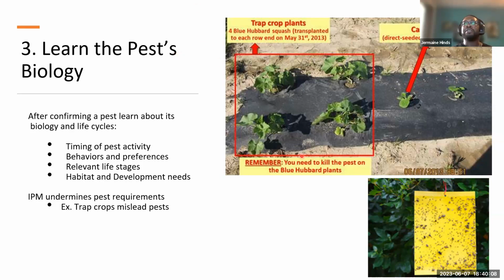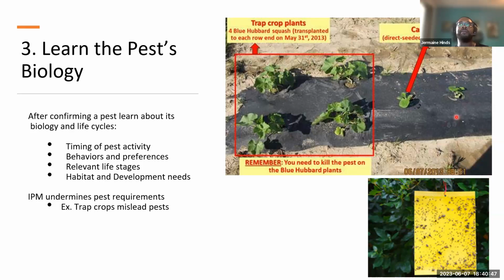And so one of the things I want to show is the example of trap cropping, right? And so over here, you have a cash crop. These are a type of squash. And then over here, you have blue Hubbard squash that are planted. Blue Hubbard squash are way more attractive to cucumber beetles than the cash crop because it has higher levels of a compound called cucurbitacin. So if you want to lure away your cucumber beetles from your cash crops, you can plant this blue Hubbard squash on the edge, and a lot of the pests will be attracted to this area instead of this area,